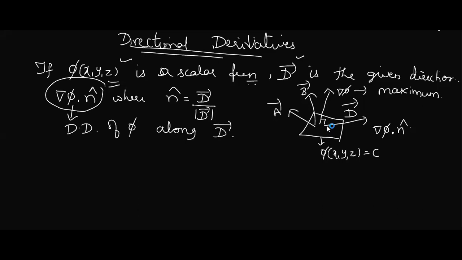Done. Next, for this scalar function, I'll keep the scalar function fixed. I'll go on changing the direction. It may be some vector d bar, it may be a bar. If I'm taking a bar, I take it as del phi dot n cap. That time my n cap will be a divided by magnitude of a. If I'm taking along the direction b bar, my n cap will be b divided by magnitude of b. I'll get so many directional derivatives, isn't it? For the same surface, along d bar, along a bar, along b bar, and along del phi, I'll get the directional derivatives. Am I right? Agree with this?